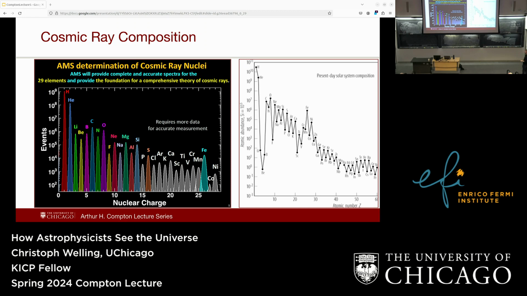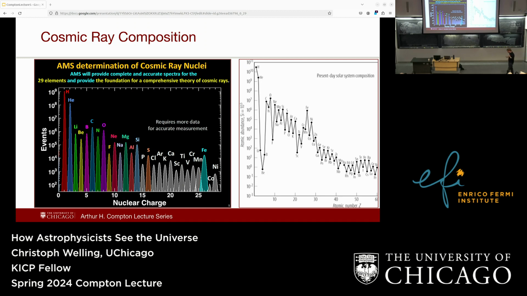And so on the left here, this is from the Alpha Magnetic Spectrometer. That was this detector that was strapped to the ISS. And this is how many particles of different elements they see. A couple of weeks ago, we talked about the chemical composition of the solar system, for example. And you can see it's overall fairly similar. You still have more hydrogen and helium. But you see a lot more of these lithium, beryllium, and boron, right? We saw that these are extremely rare in the solar system in general, but they're pretty common in cosmic rays.